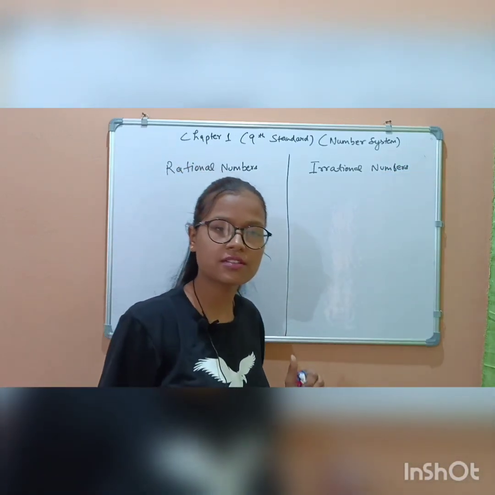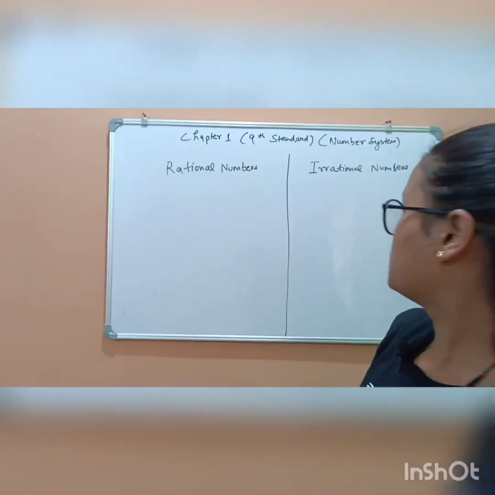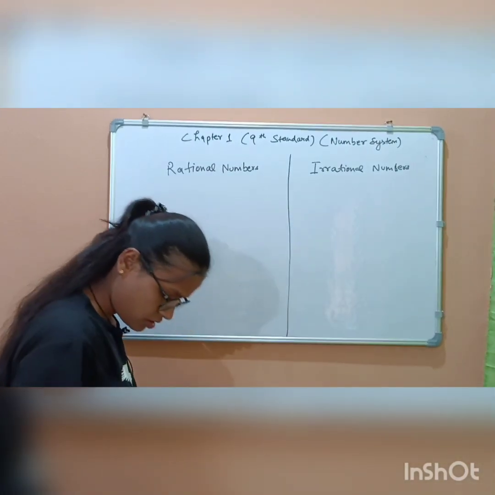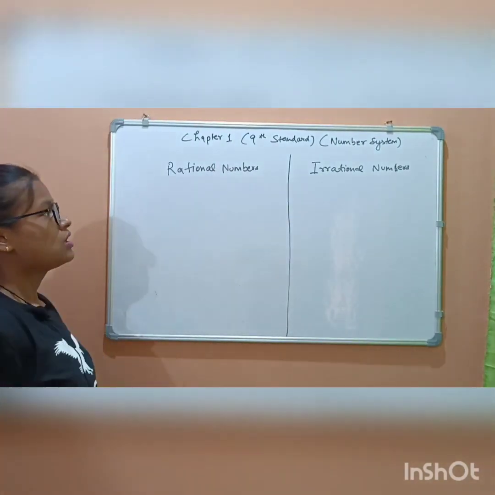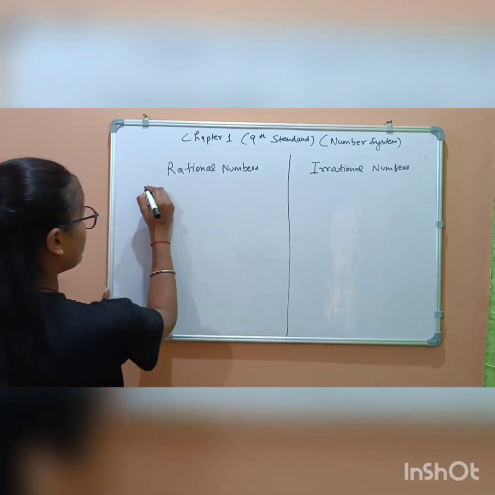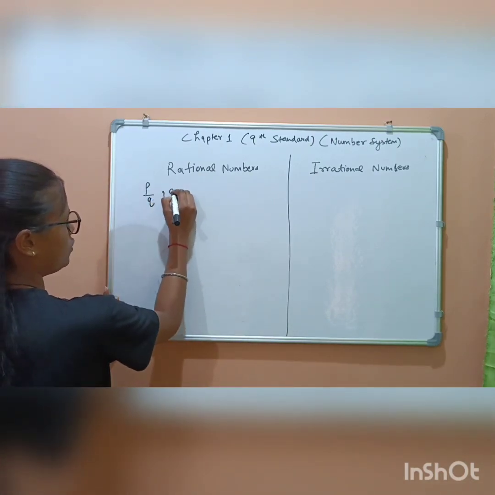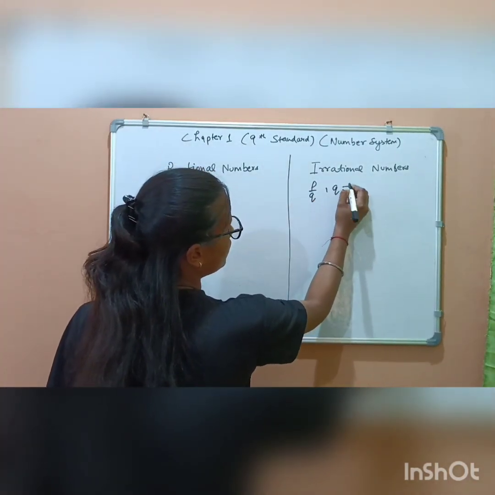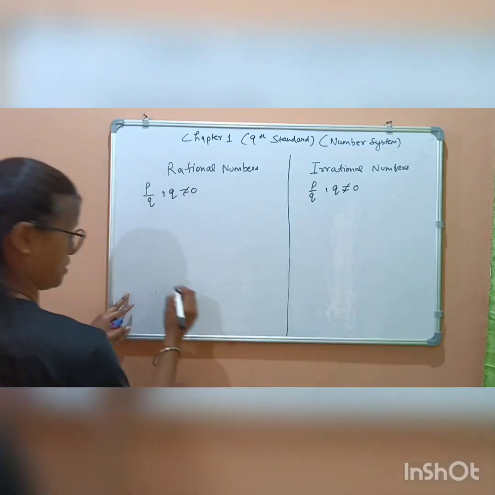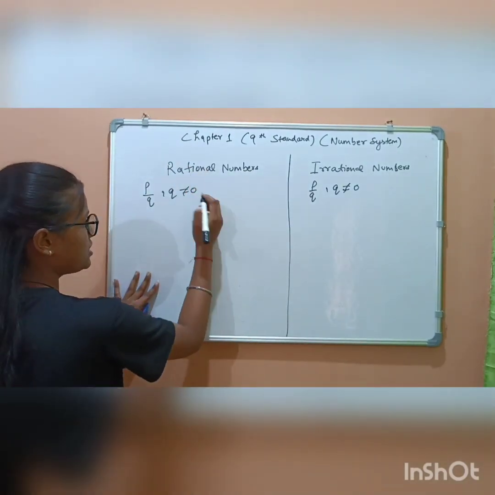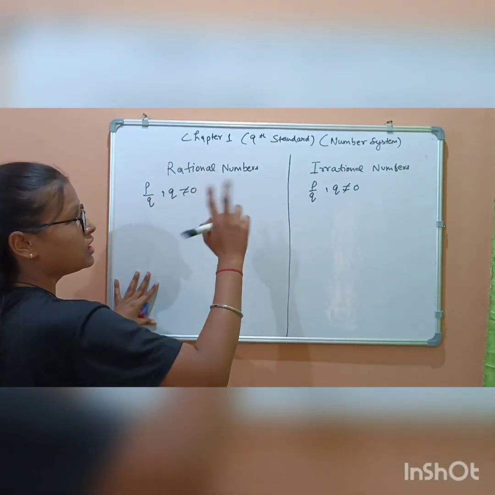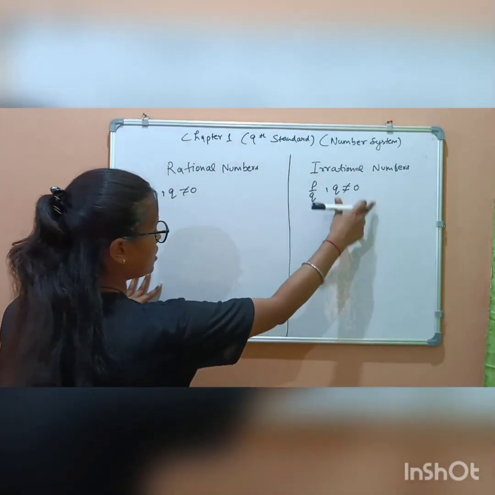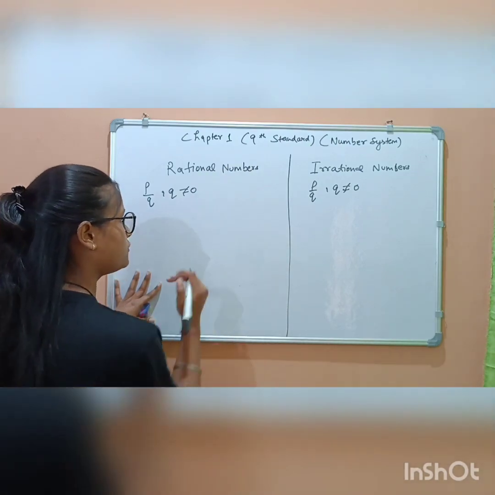Rational numbers are in the form of P by Q, Q non-zero. Irrational numbers are also in the form of P by Q, Q is non-zero. If we are differentiating rational and irrational numbers, please understand, we must be aware of